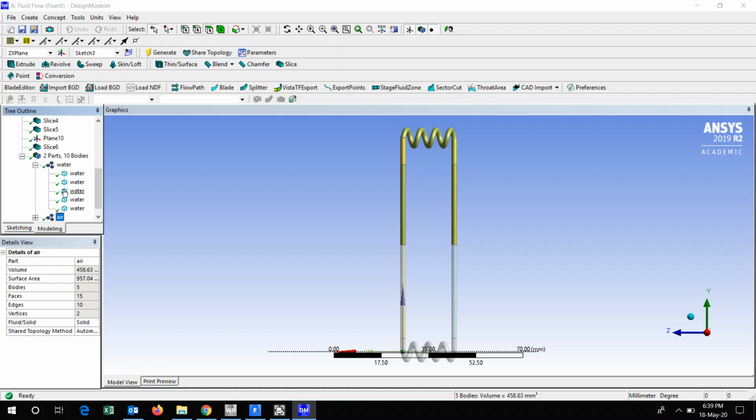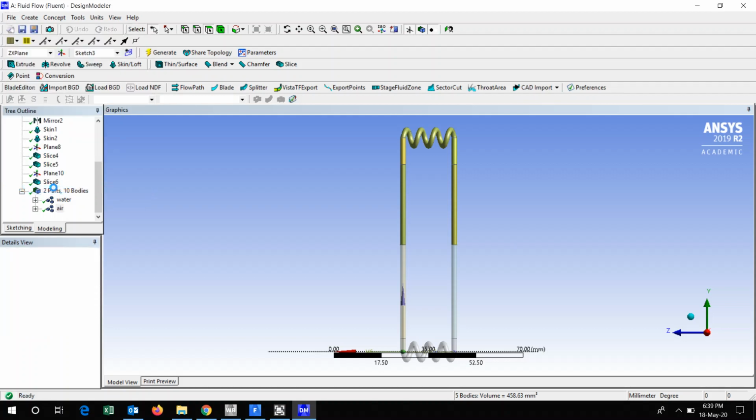Actually there were many parts, but I have reduced them to form a new part. This is required for the next step, because while applying the boundary conditions it is quite difficult if you have a large number of bodies. That makes you apply the boundary condition at each and every body, which is cumbersome. That's why I formed it into a single part: one relates to water, the second relates to air. So this is regarding the geometry creation. I will close this geometry so as to go to the next part.